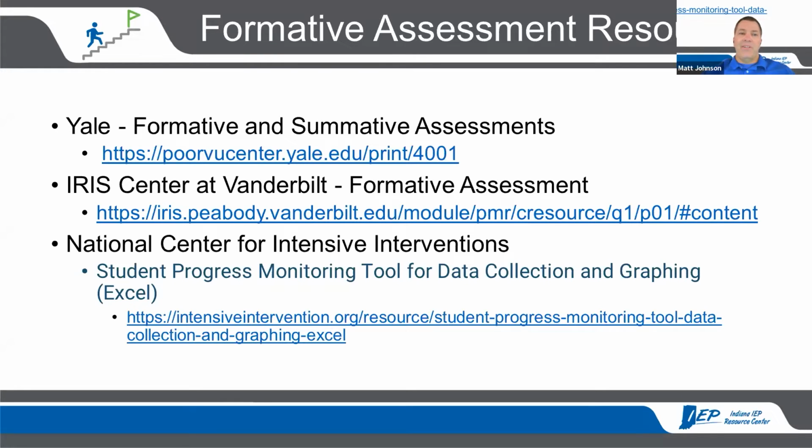So here's a bunch of links. I mentioned the Irish Center earlier. I try not to overwhelm folks with resources on these, because sometimes you get 50 pages, there's so much stuff out there. Here's some that are really good. If you get the chance, take the time. The Irish Center especially, this one's on formative assessment, but they have all kinds of modules around special education. If some of you are pursuing your license now, you may have already visited a lot of these. So I apologize for adding to that, but those are really good resources.